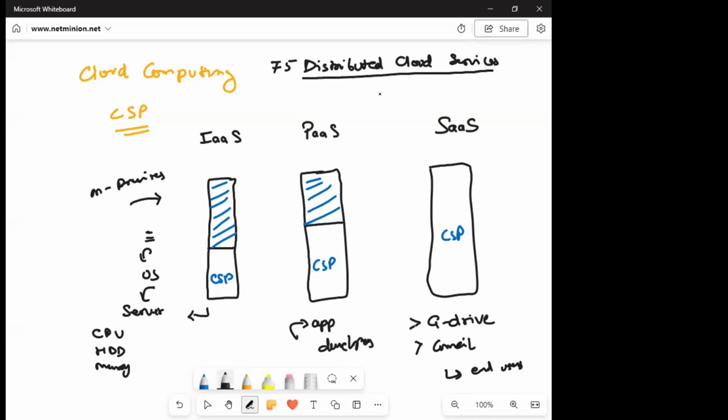F5 DCS was the old name. The new name is F5 Distributed Cloud Services, XC. So you can see those terminologies so much over the internet nowadays. Okay, so here